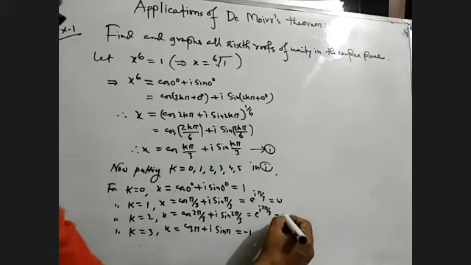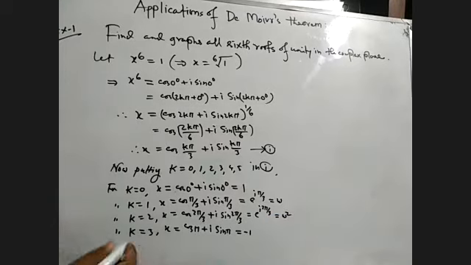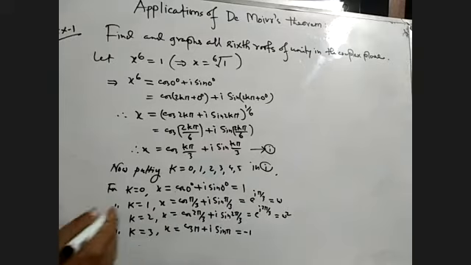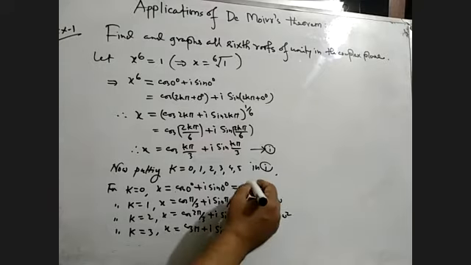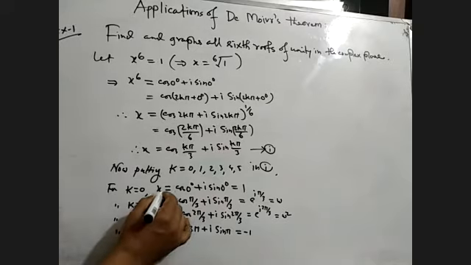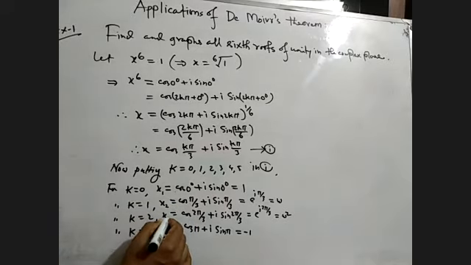That means this will be omega square. Okay, omega square. And cos pi plus i sin pi equals to what? -1. Now this is the x1, this is the x2, this is the x3, fourth root, and for the fifth root,